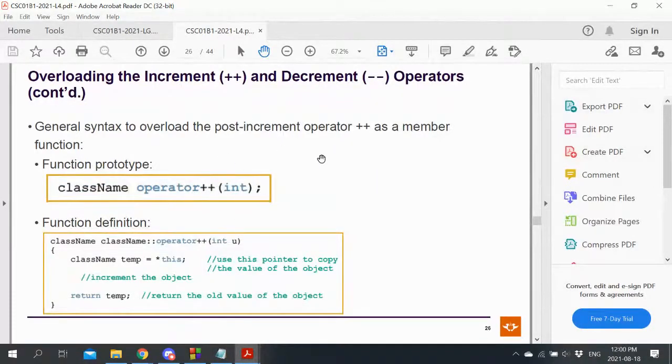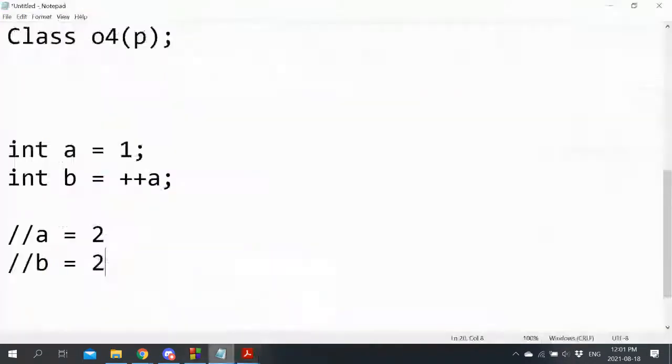But for the post-increment version, we need to specify a parameter just to distinguish between the two cases. This parameter is never, ever used. It has no purpose in life other than to overload this operator between the two different cases. So you can just do it as an anonymous int. You don't even need to give it a variable name. You'll never use that variable inside your code. So this just tells C++ this is the post-increment version, thing plus plus. But what you need to do with this is you need to first back up your old value one way or another. You can use the copy constructor or the assignment operator. They'll both work. Do your modification and then return the old version.